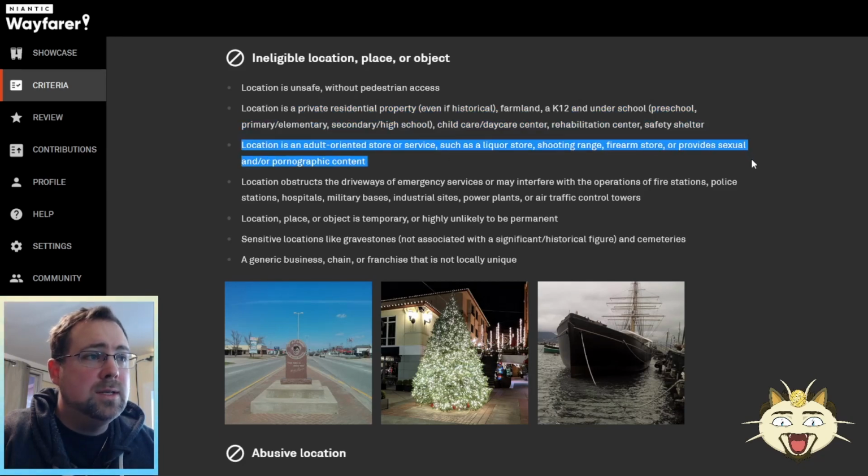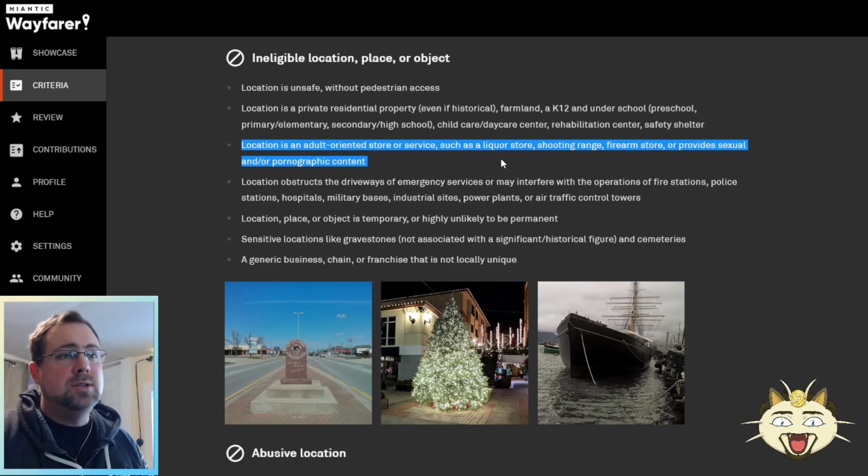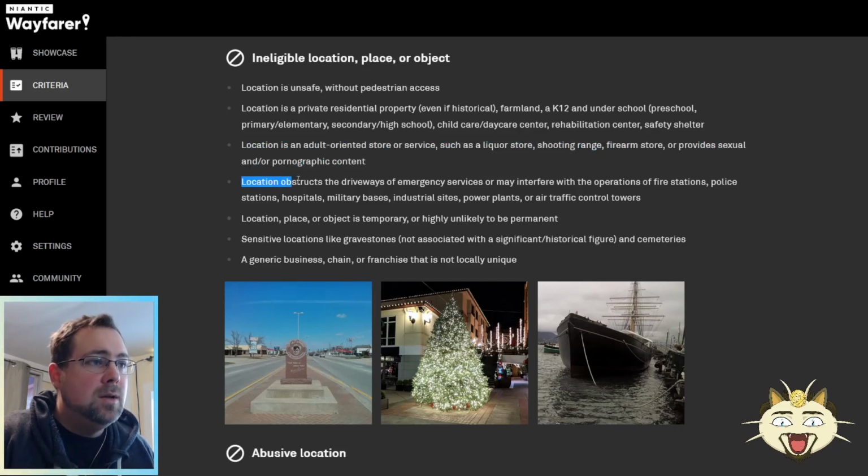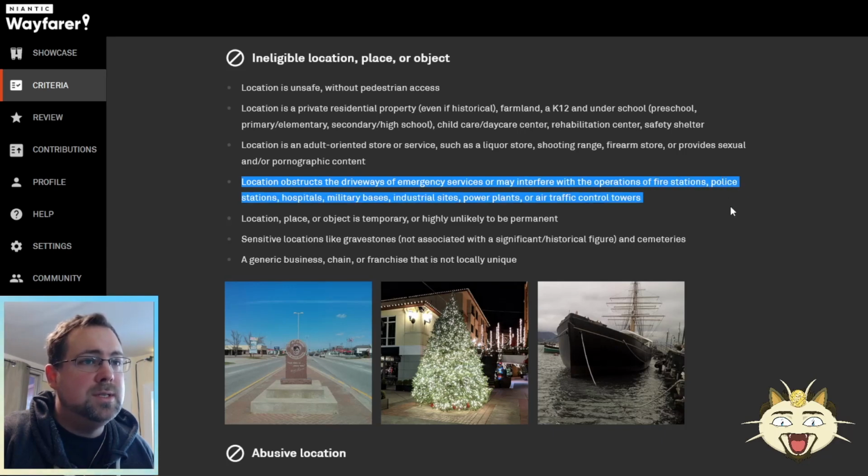Location of adult oriented establishments, so liquor stores, shooting ranges, firearm stores, or anything of sexual or pornographic nature is ineligible. Locations of objects or driveways that block access for emergency vehicles or places like that. So fire stations, police stations, hospitals. Hospitals is interesting